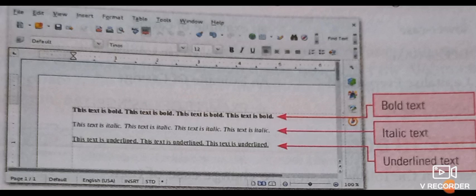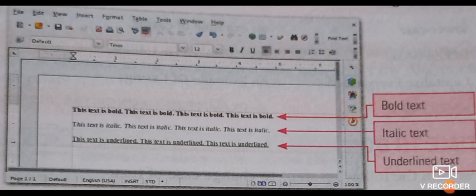To make the text bold, we have to click on the bold icon from the formatting toolbar, which is represented by the B character.